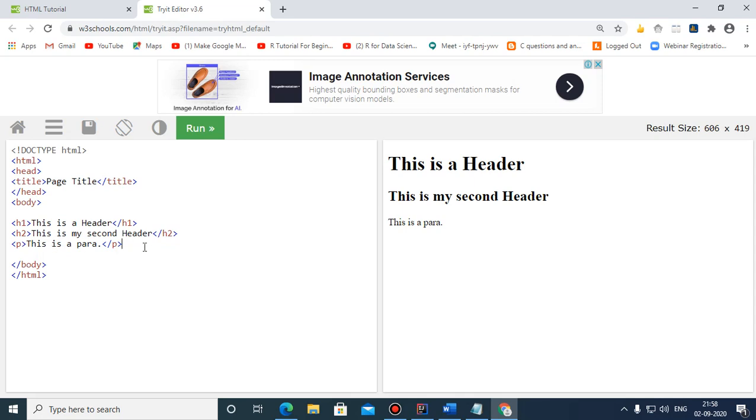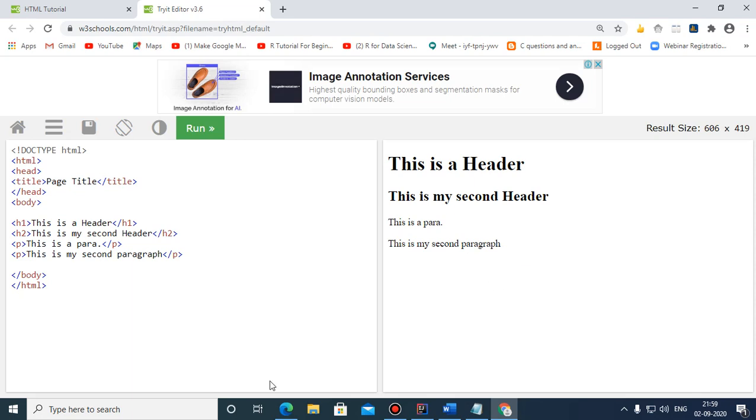One more paragraph I would like to add, which is this is my second paragraph. Now click on this run button. You can see that this is my second paragraph. The output has come on the right side in the right pane.